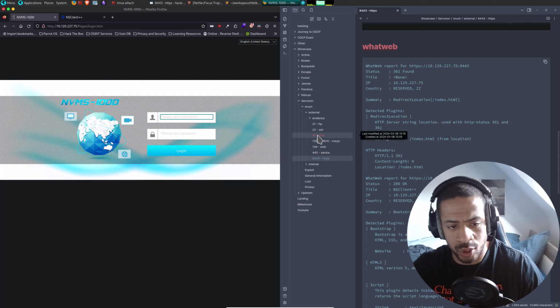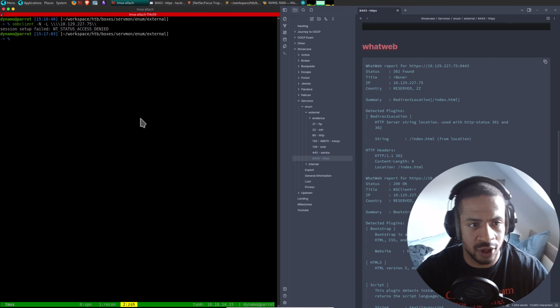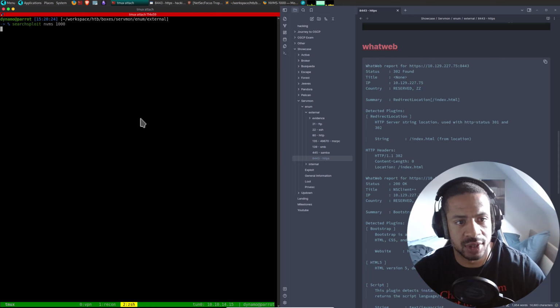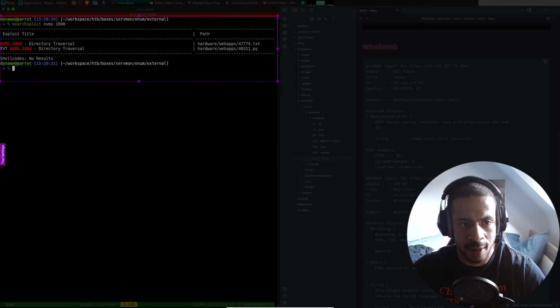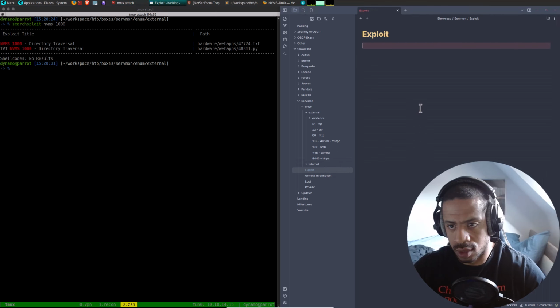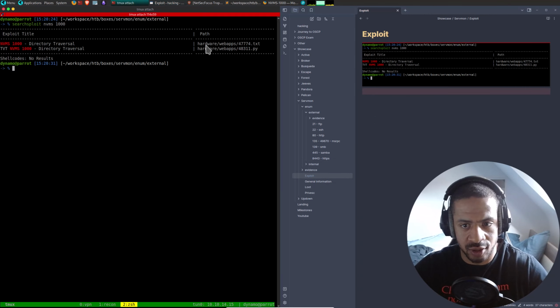on port 80 HTTP. NVMS 1000, that is a version of something. So let's go on Searchsploit. NVMS 1000. And we do have something. We have a directory traversal.